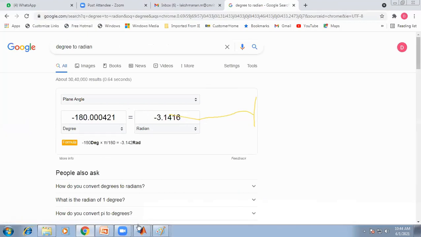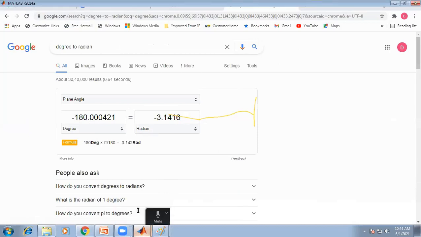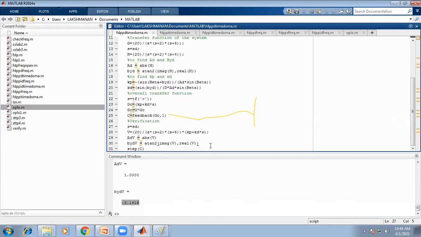So in that verification part, what we are getting is a magnitude of 1 and an angle of minus 180 degree. So in the root locus technique, that root minus 1 is lying on the dominant pole. That meaning is, whenever we introduce the root locus once again,